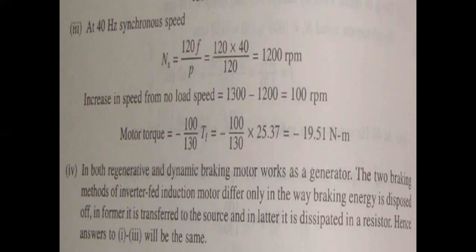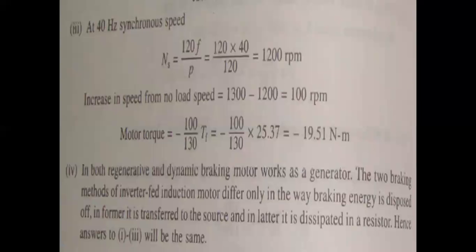So what is the decrease in speed? 100 rpm. So this 100 rpm is N2. And from no load to full load, when torque is changed, we are getting one speed, so that becomes N1. Before, 1300 will be there, and after 40 Hz of frequency, we are getting a different speed, 1200 only. So from 1300 to 1200, if you subtract, you will get 100 rpm.